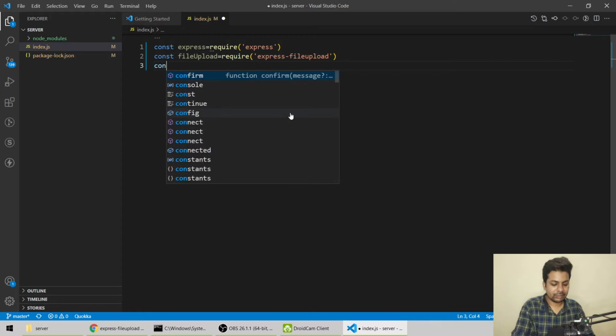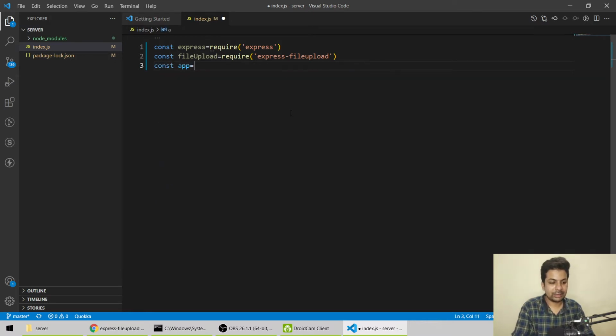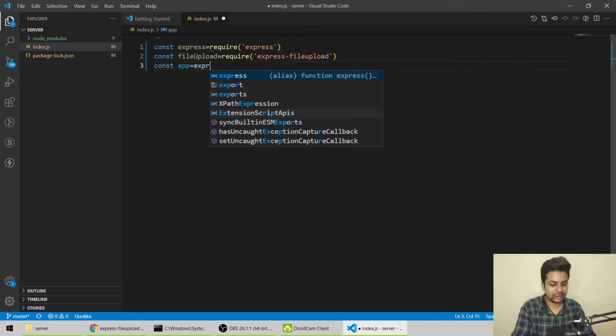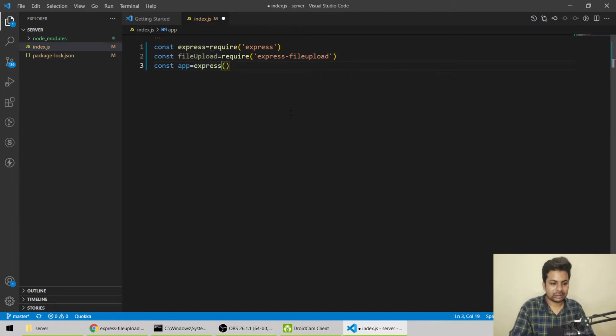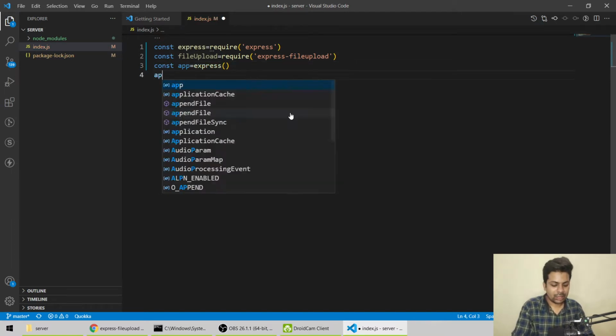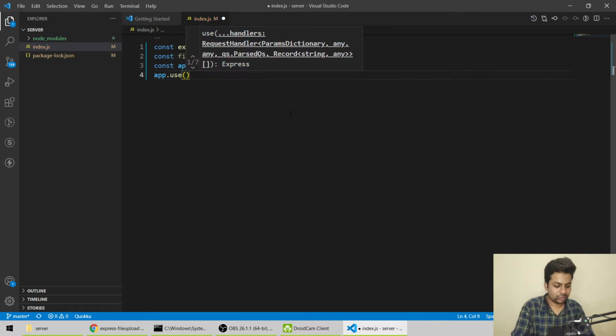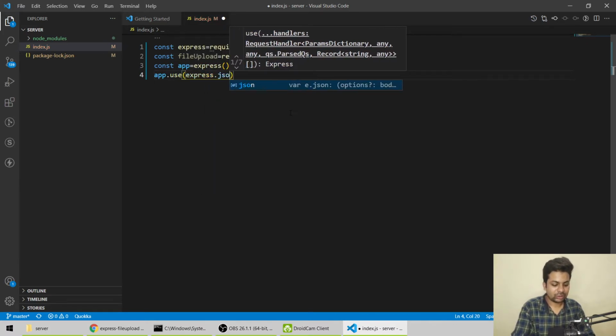After that we'll make the app. It's pretty basic till now, you can easily understand. So app.use(express.json).